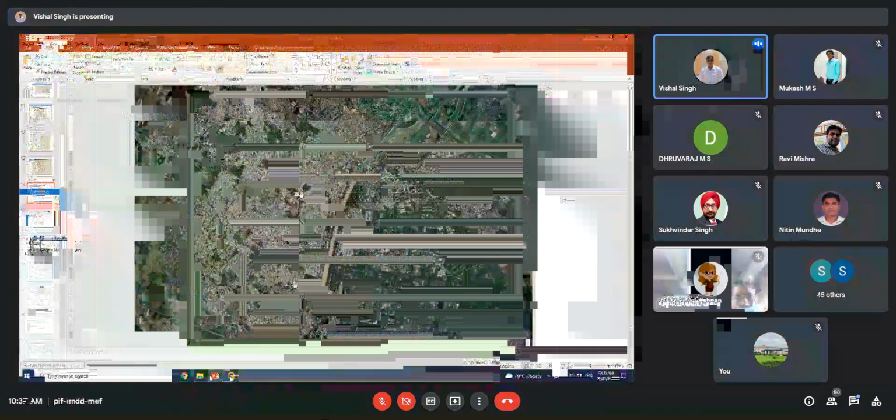But what kind of features can you extract through the linear feature or using the line shape file? Like road. If you want to create the road, you can digitize the road through the line, and if you want to digitize the canal, you can digitize the canal through the line shape file.